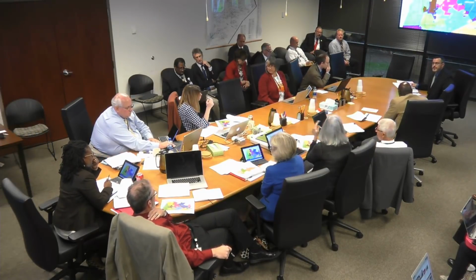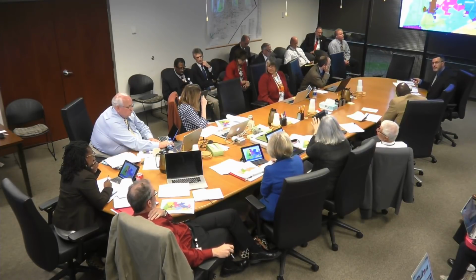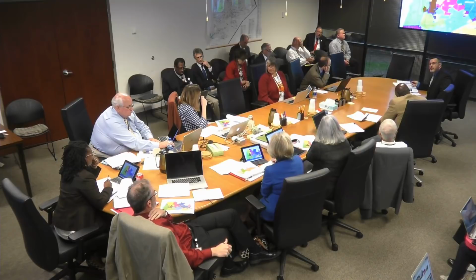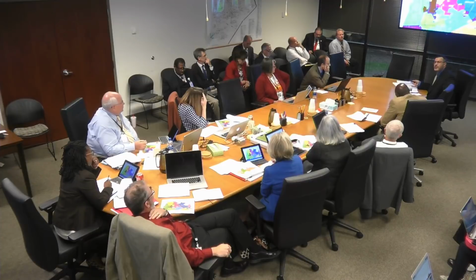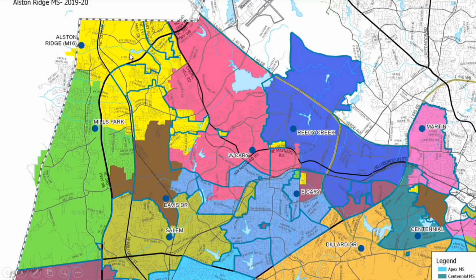So can you outline where this plan achieves K-8 calendar alignment? Are you able just to give us an outline? So all of the yellow is assigned to a year-round elementary, and then they would be assigned to Alston Ridge Middle School. So all the students in Alston Ridge Elementary in here, these students were part of Carpenter Elementary, and they went to East Cary. Is that Kitts Creek? Yeah, that's Kitts Creek, and this is Providence Place and Hamlin in the Park up in here. Okay, so they would be assigned to a more proximate school, Alston Ridge Middle School.